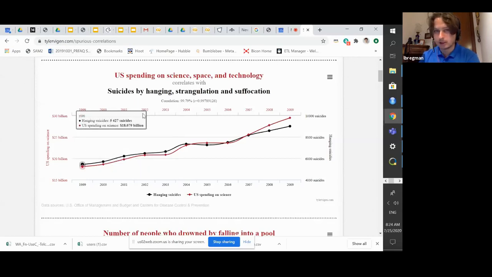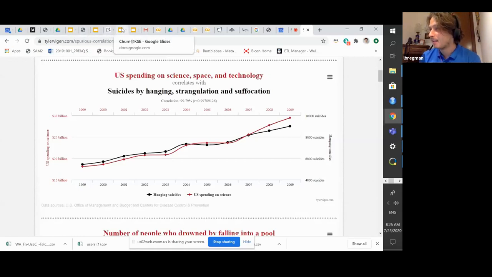So yeah, just visualizing this for you: suicides by hanging and spending on science. Honestly, I believe there can be causation here, not only correlation. As a person with some relation to data science, I know that science can be frustrating on some points. Okay,